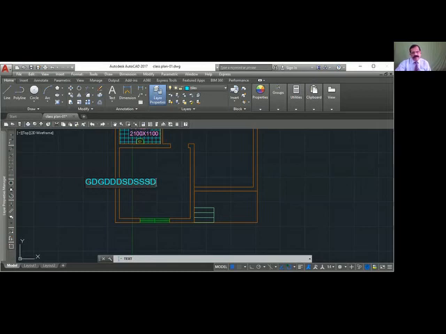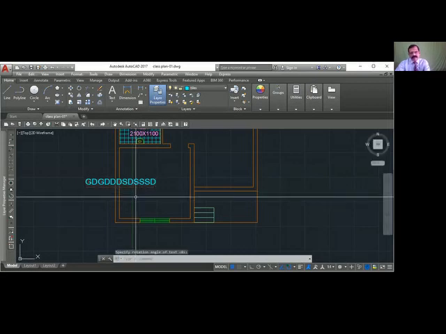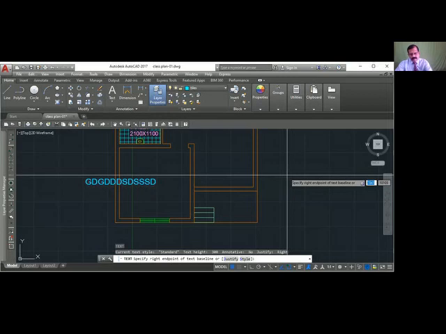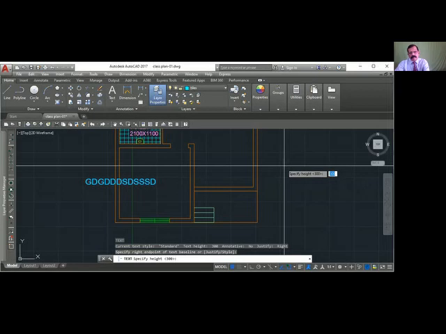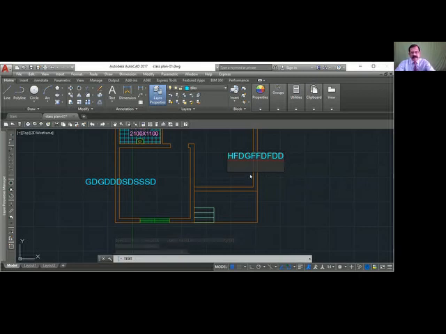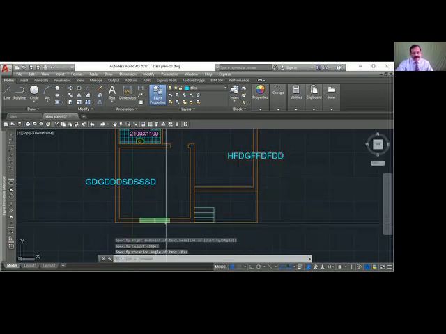So once you have finished, you have to keep it back to left. Otherwise, next time when you start text, you see it is right there. So once you finish the alignment and everything, you have to keep it back to your default, left.